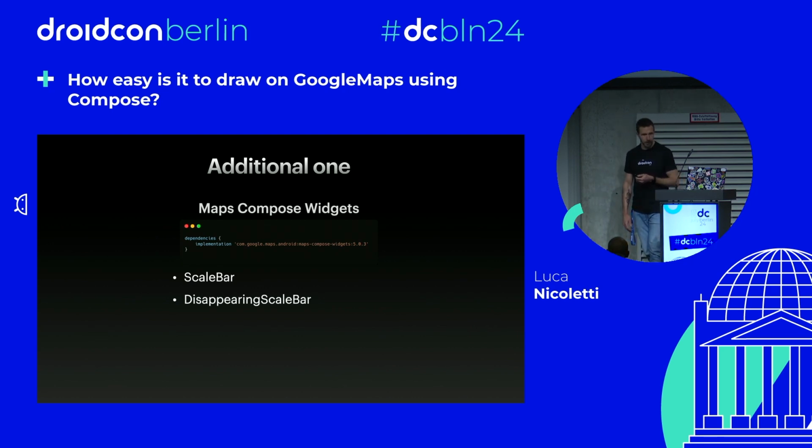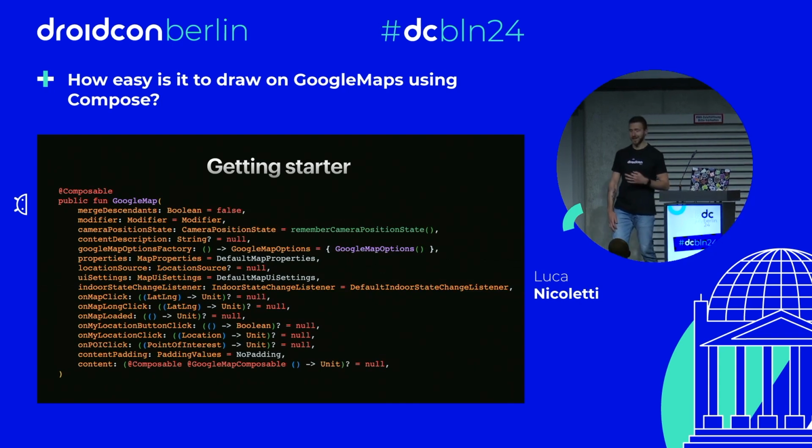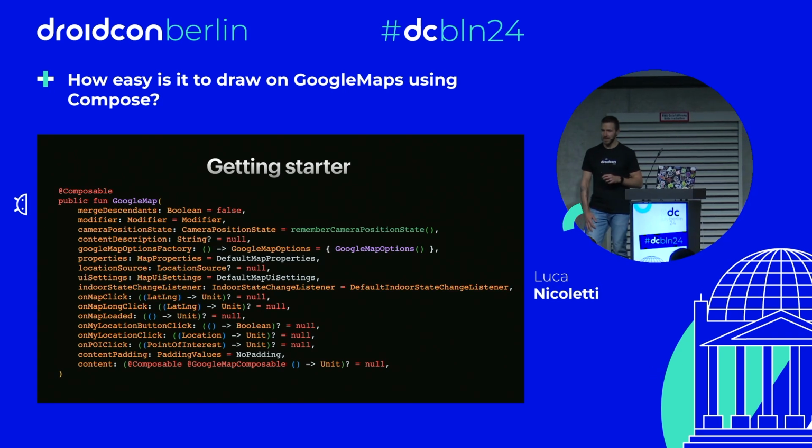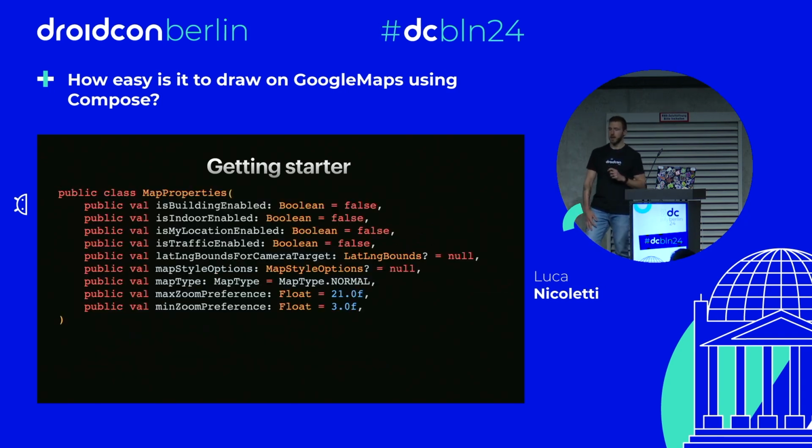So this is the signature of the Google Map composable function. It has a lot of parameters, as you can see. And the most important one is the content, which accepts a composable, the map composable body, which is what is going to be drawn on the map. You can customize the map in a few ways by using the properties, which is some map properties and the UI settings. The map properties has a few parameters, and if you want to change how the map is displayed,